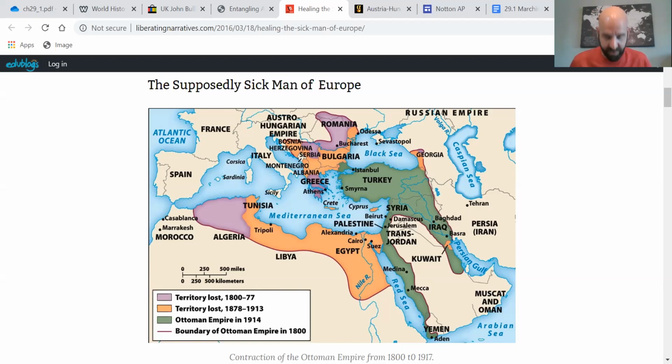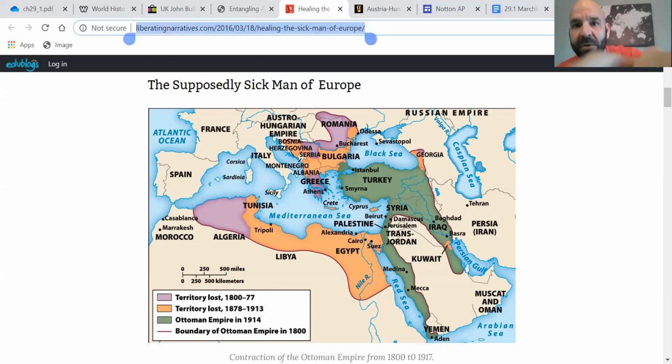However, there is a problem with this growing Slavic nationalism. The major power in this area of Europe is,